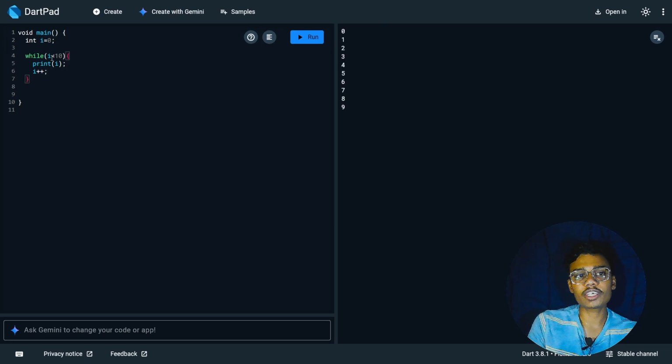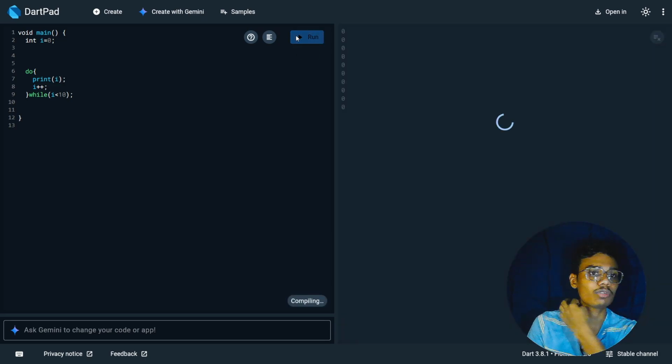सो वाइल लूप में पहले वो कंडीशन चेक करते हैं, देन उसके अंदर के ऑपरेशन को परफॉर्म करता है। एंड इन डू वाइल लूप में क्या होता है कि पहले एटलीस्ट एक बार तो वो रन होगा एंड देन वो वैल्यू प्रिंट करना शुरू करेगा। सो यहाँ पर हम लोग देख सकते हैं।